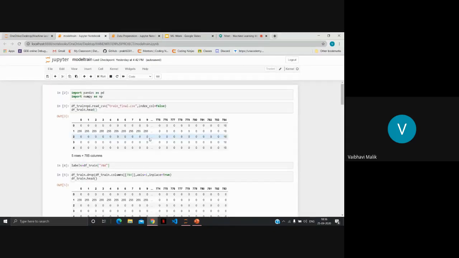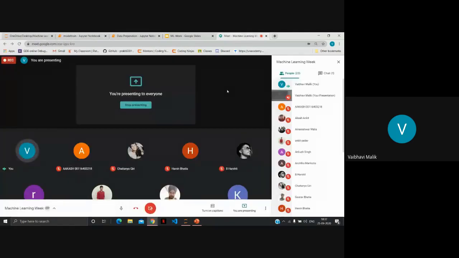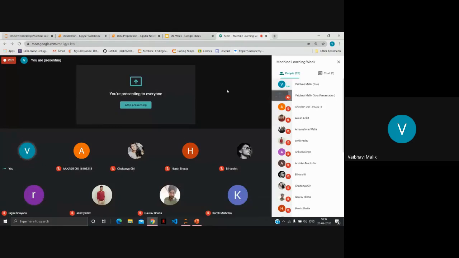I have trained for 10 epochs only, and the number of images that I trained on is 1485. The total number of images is 47504. So if you train on all the images, then you will get more accuracy and your model will predict nicely. This way you can evaluate any equation, and if you want to go further, you can use OpenCV to detect the image live. For example, I am storing the image on my laptop first, but you can place your notebook in front of the camera and then just predict the result of the equation, and you can complicate this equation as much as you can. As I don't have the data set for the divide function, you can take the data set for divide and then do this. So I hope it will be clear to you all.